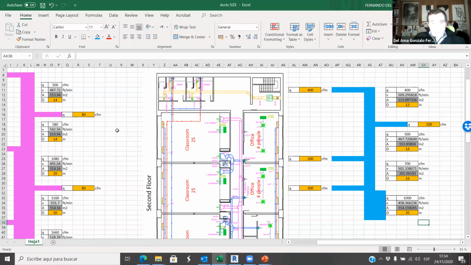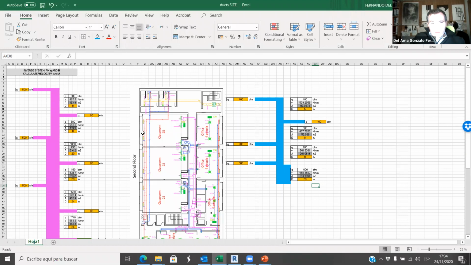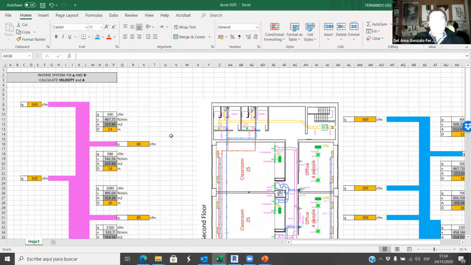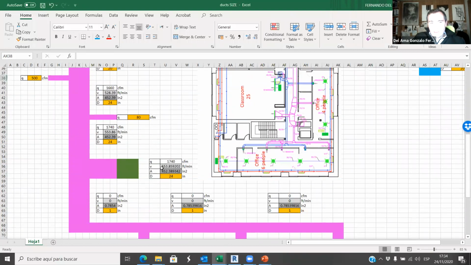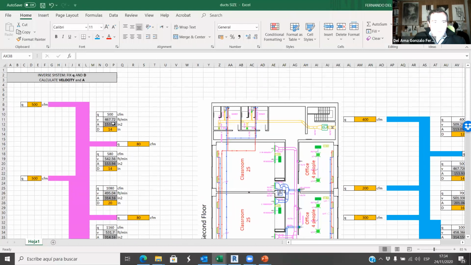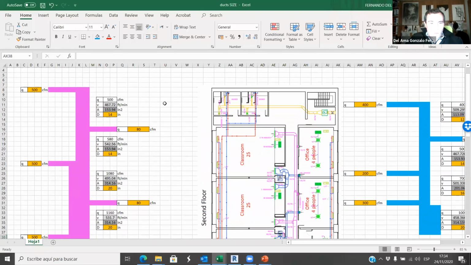And that's it. Okay, so even if you can't work with Revit, let me know because I can send you different examples, and then you can work with this Excel file. You can draw your layout, but this is what Revit does. I mean, Revit is great because we are modeling, and we can find out if we have conflicts between ducts and pipes. But when it comes to calculating the air ducts, this is a good tool, and we only need to